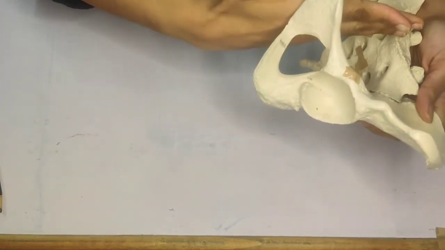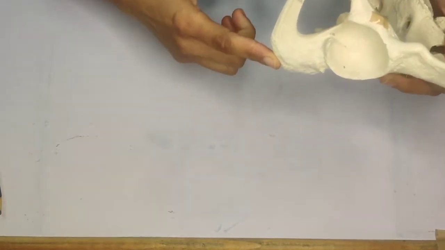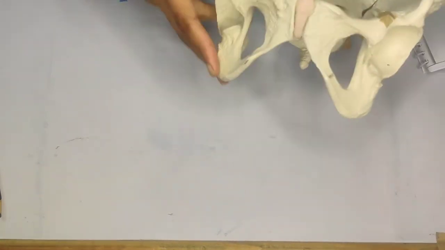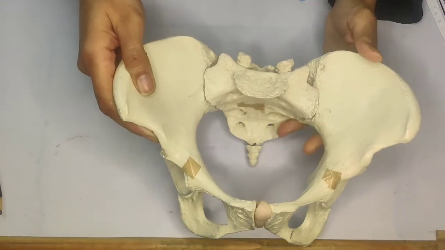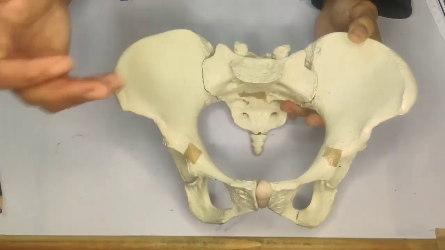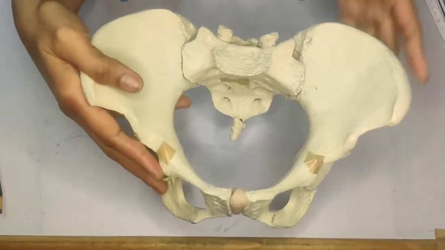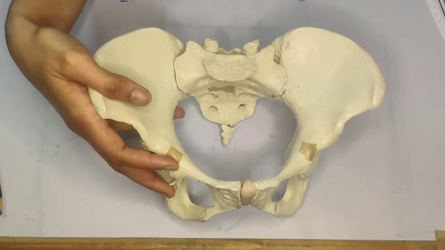The diagonal conjugate she measures with the knuckles also. So this is the intertuberous diameter she's measuring. It should be 11 centimeters, right? Okay. And finally we'll discuss the obstetric outlet. The obstetric outlet is bounded above by the plane of least pelvic dimension and below by the pelvic outlet that we just discussed. That will be your obstetric outlet. Okay, so now we have discussed the outlet also.